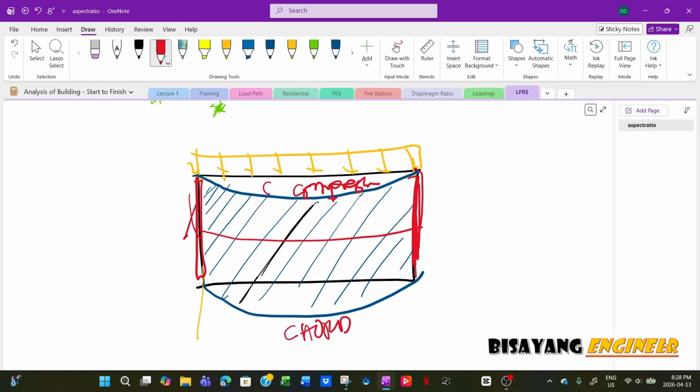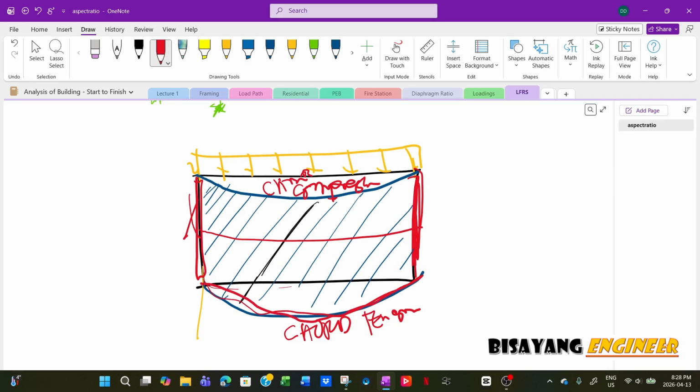This is compression. This is chord in compression. This is chord in tension. Now that's why right here you will have to analyze the chord, because you cannot have, for example, if this is